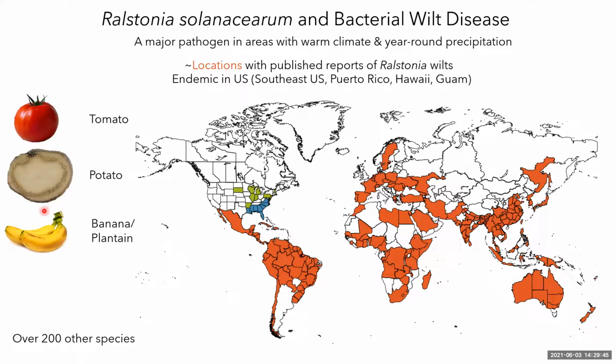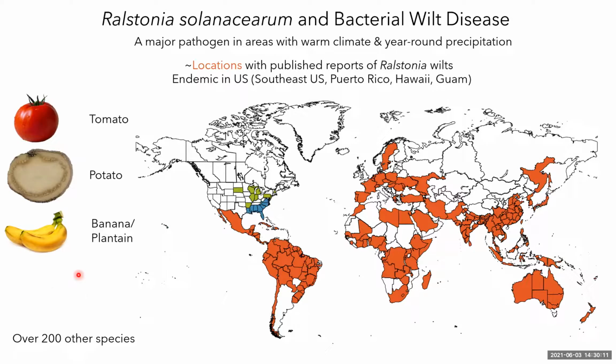Banana is also a really important crop that Ralstonia infects. It causes a lot of issues in South America. Luckily, Ralstonia is not actually in Africa, or at least the banana strains are not in Africa. And there's another strain in Indonesia that causes what's called banana blood disease, because when it colonizes the vascular ring of the bananas, it makes the banana produce a red pigment that kind of looks like blood, and the bananas